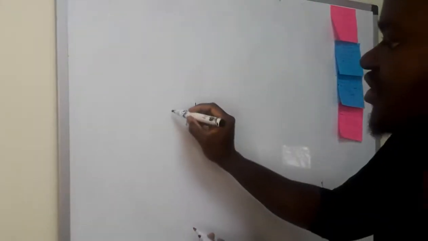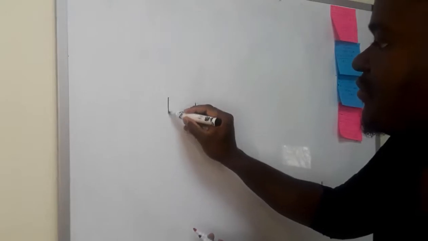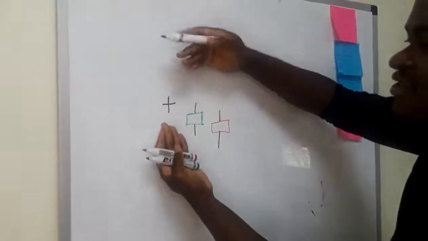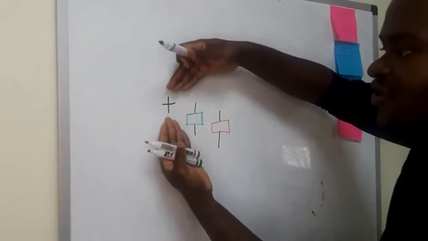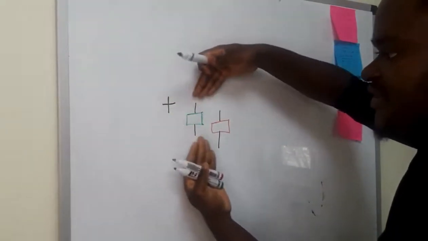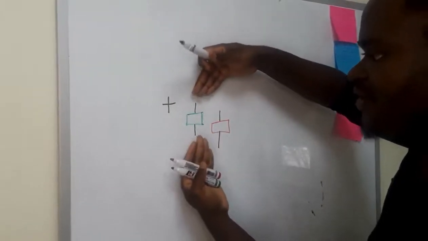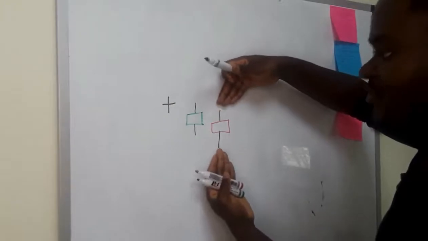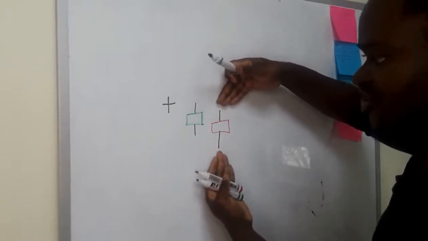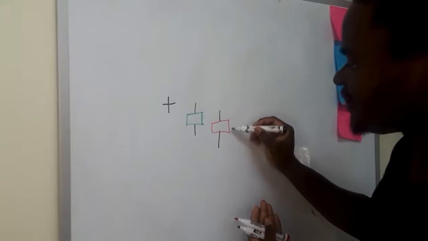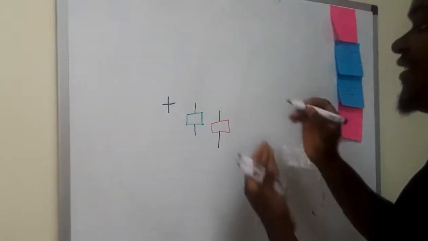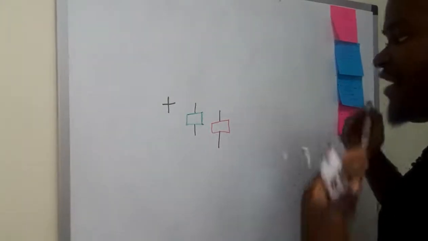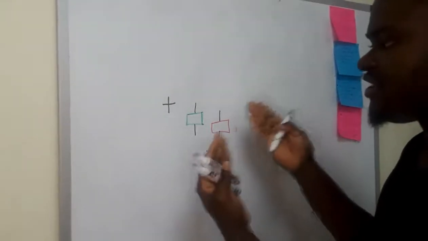This doji here indicates that there is indecision. Neither buyers nor sellers are winning. This indicates that buyers are mostly winning in this indecision. Here, sellers are mostly winning, but it is still indecision because of the length of this body. So the length of the body or the length of the wick gives you information about what is going on